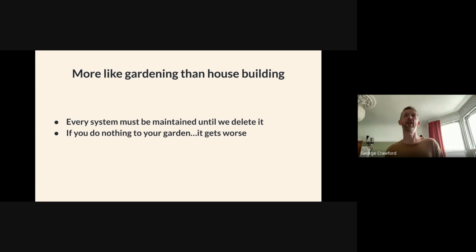In order to create that value and growth, we must also be doing the security and the maintenance work at the right pace. So like a garden, you have to maintain your code and your systems and your services. And there is an absolute minimum level of maintenance which you simply must do. If you're running software updates, you have to make sure all of your systems are patched and that you're not